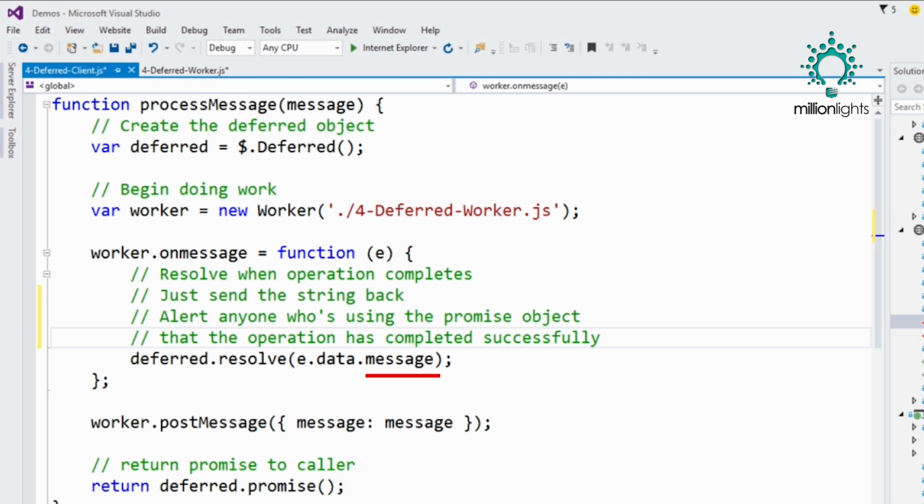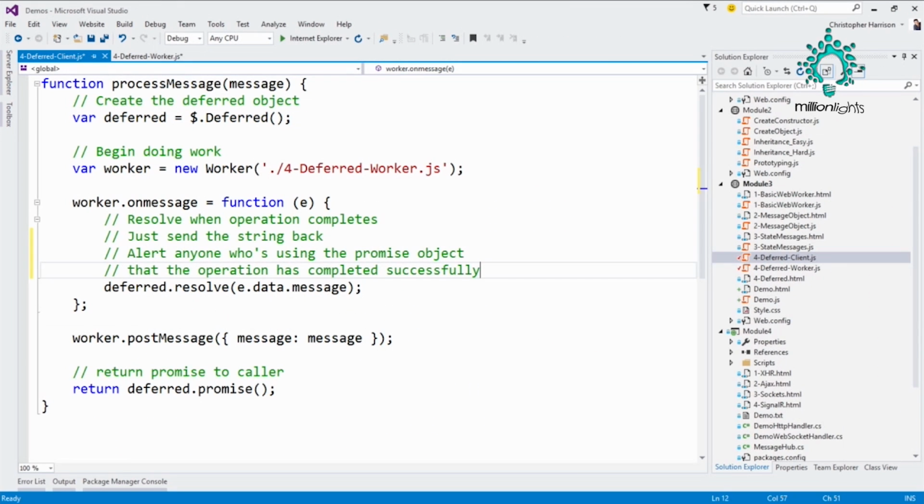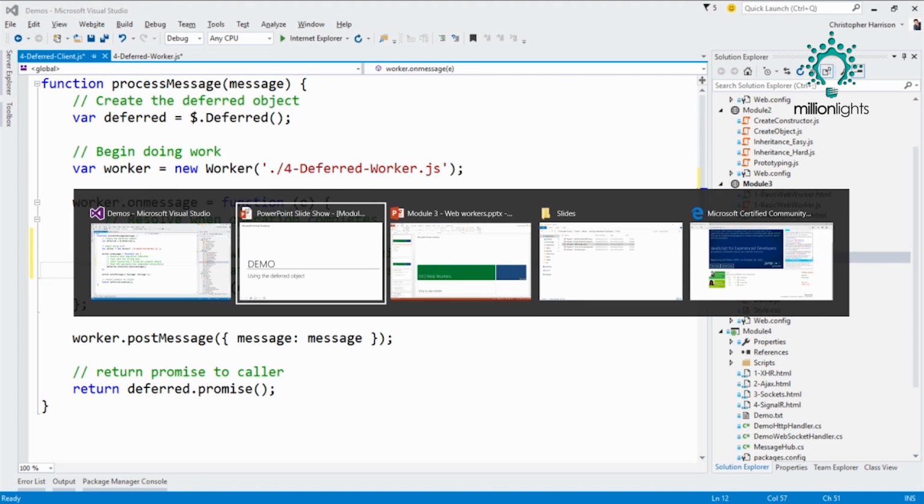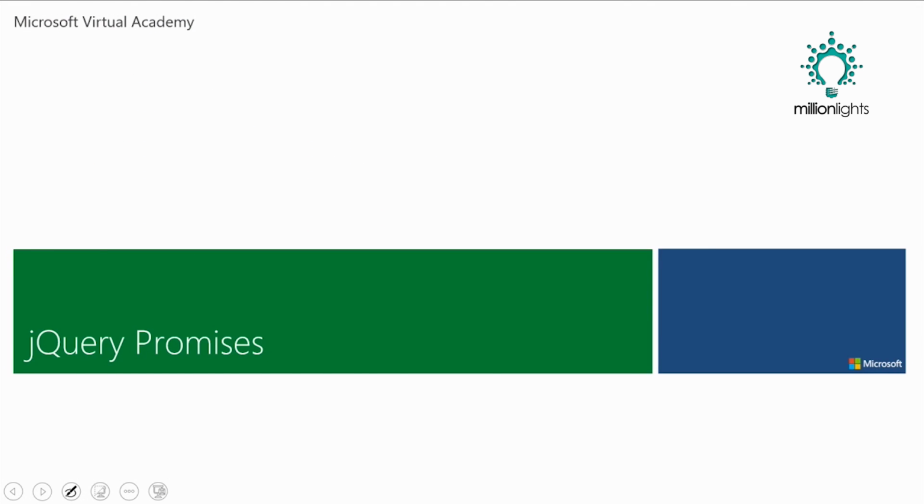And then down at the very bottom here, what you're going to notice is we're just going to return the promise back to the caller. So the caller just gets the promise. So they don't know what we're doing behind the scenes. They just simply know that something's going to take a little while. And that's it. So if we now take a look at our promises, kind of go back to our slides,